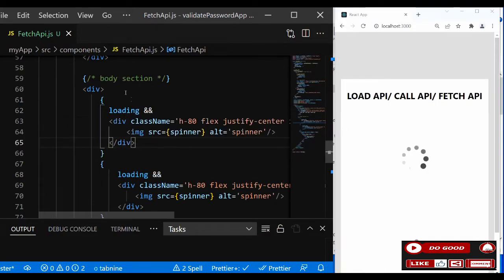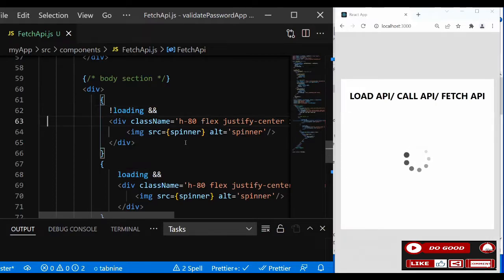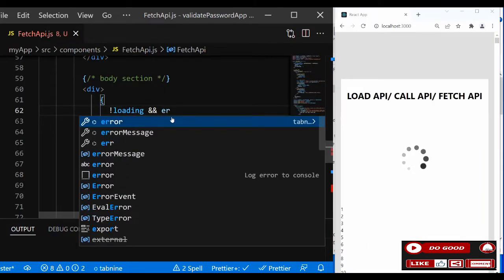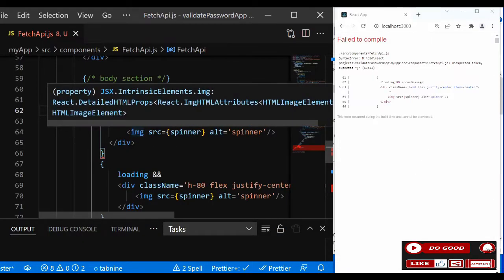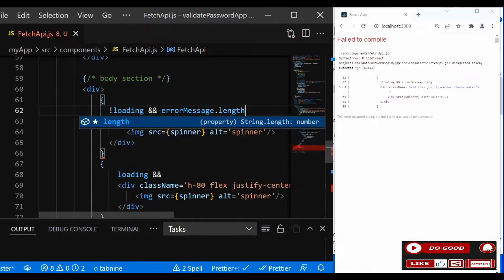Good. Then this time the condition is not loading. If it's not loading, and the error message length is greater than 0,